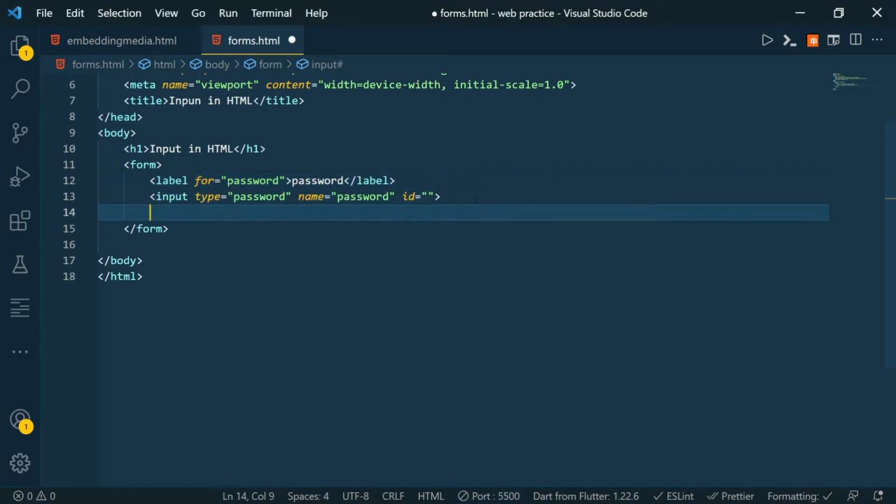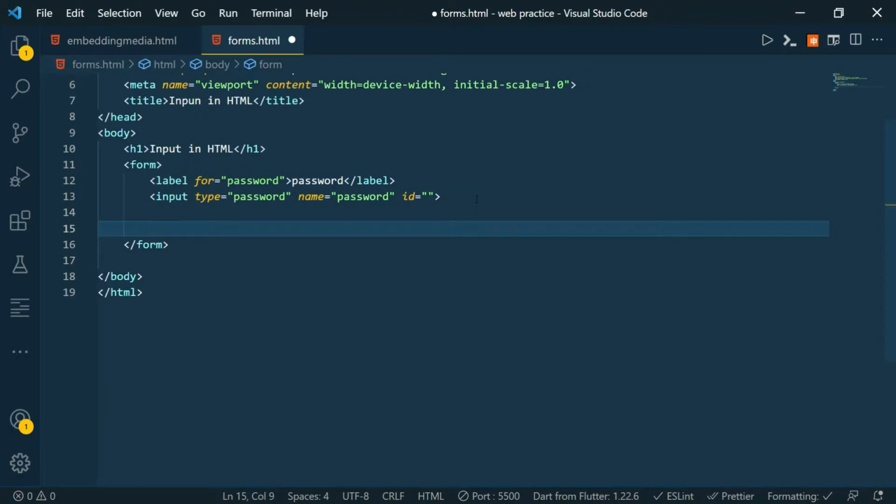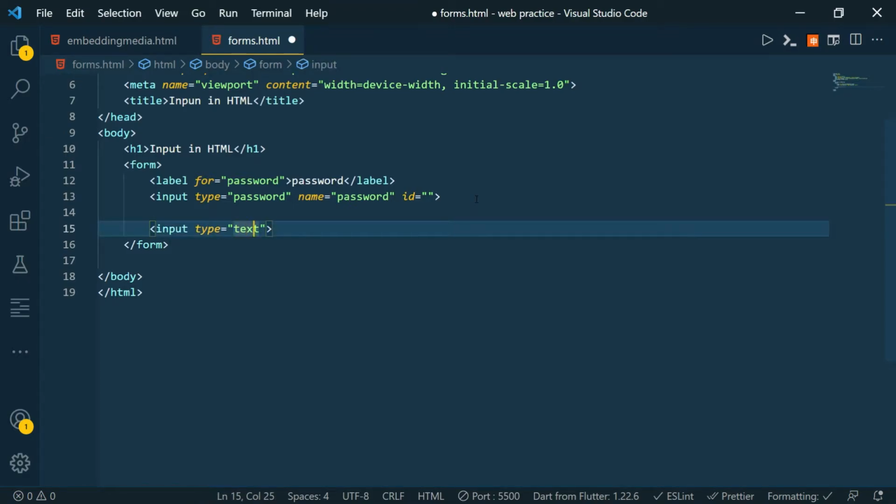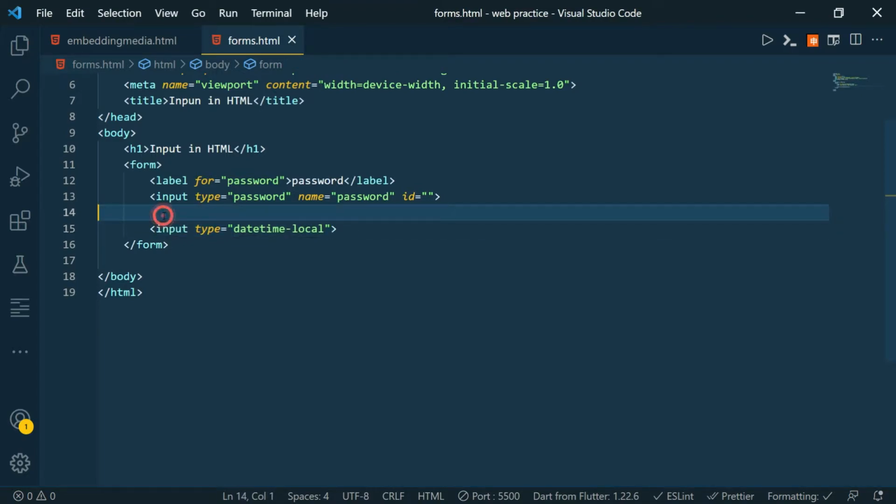The next type of field we will add is datetime-local. We will take an input of type datetime-local, with a hyphen between these words.